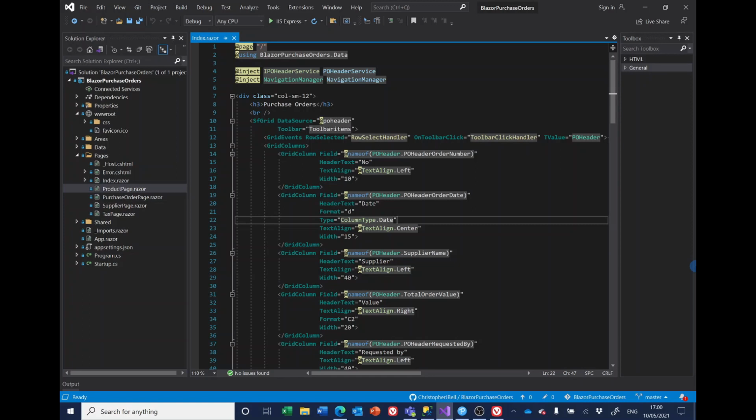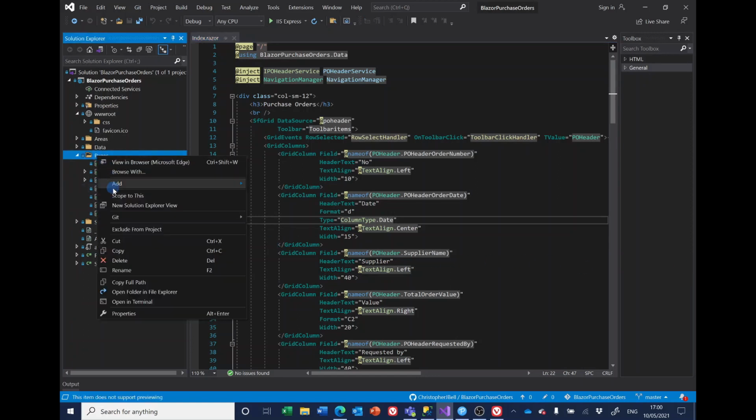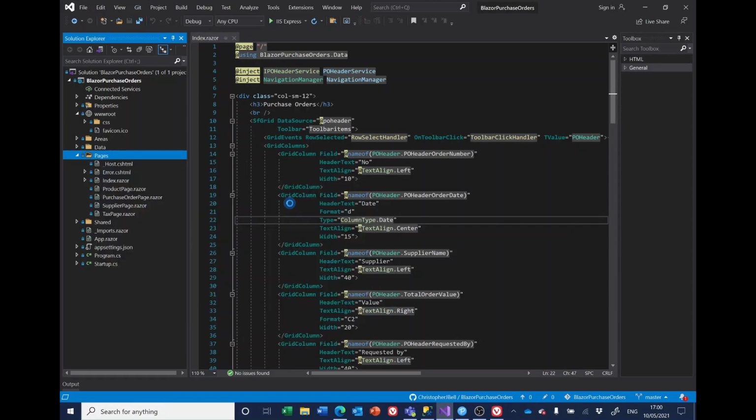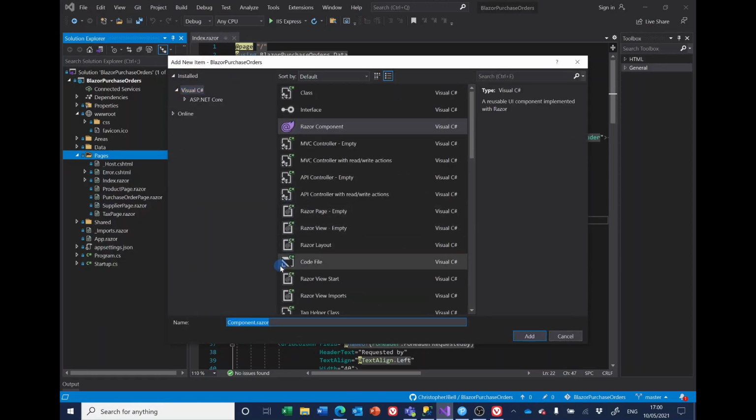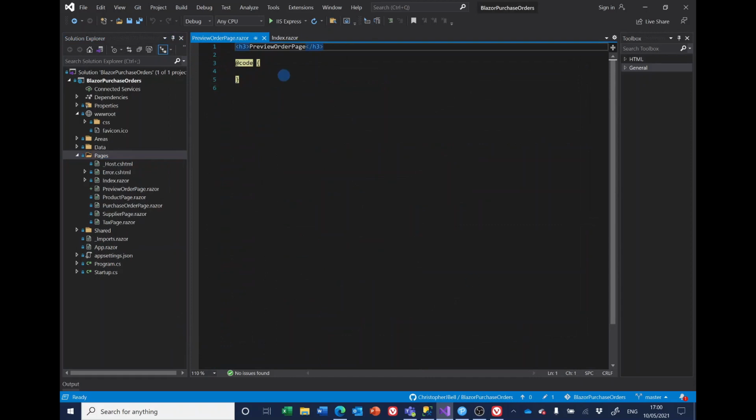If you haven't already, open the project in C# and we're going to add a new Razor component in the Pages folder called Preview Order Page. So right-click on Pages, add Razor component, and we'll call it Preview Order Page. And the first thing we're going to do is delete all the code out of there. Then we're going to go to the